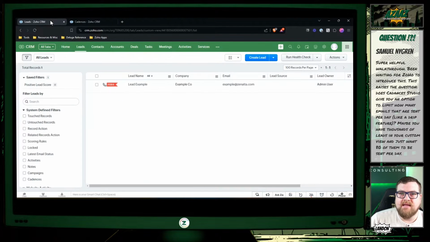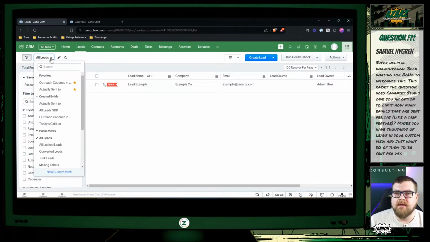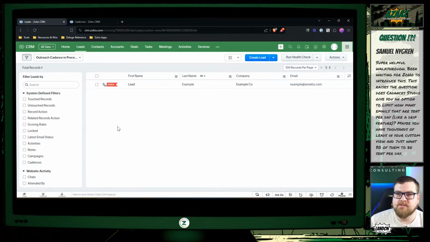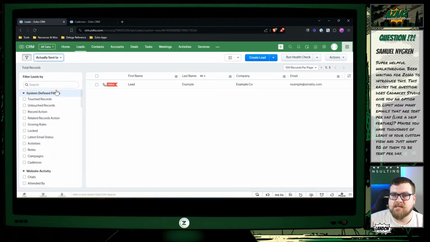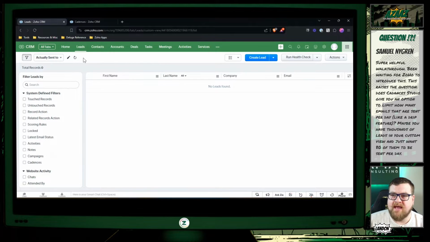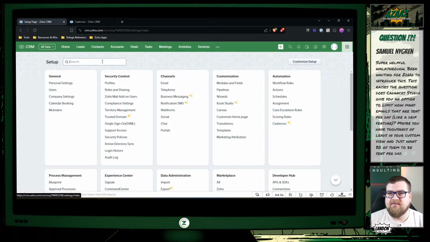So my thought is, if we're on the leads module, now there's only one record in this entire example CRM, but just imagine a list here of 5,000, whatever it may be. If this is your list that you want to send out to, but you only want to send 80 of them per day, and you have the cadence set to go when they come into this view, or existing ones, it's just going to go all at once. So what my thought is, if you create a second custom view and set your criteria to, let's say, check a custom checkbox or something like that, then you can go into your setup and create yourself a schedule,